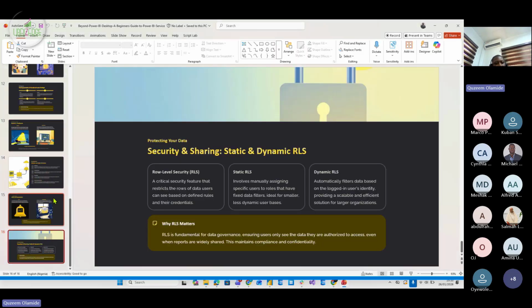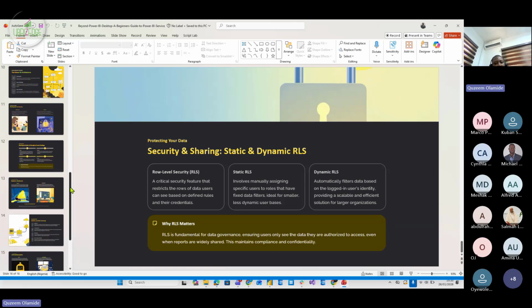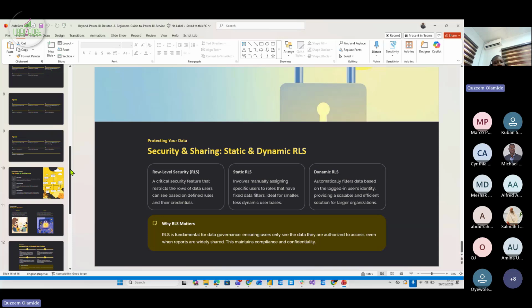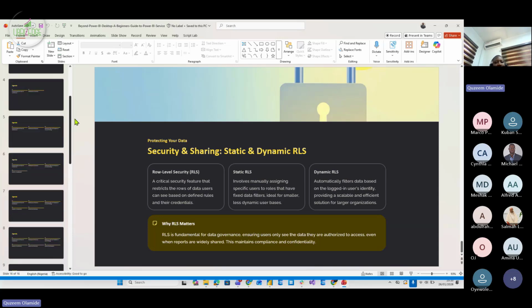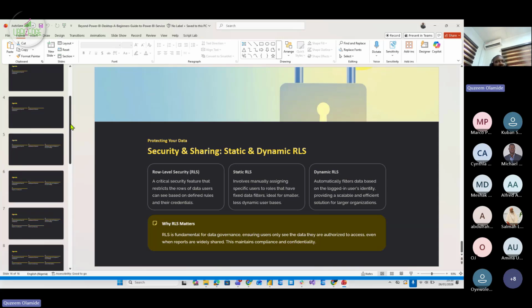Moving forward, another aspect I would like you to be equipped with as a beginner is what we call row level security, RLS. RLS is one way, together with workspace roles, that we can make